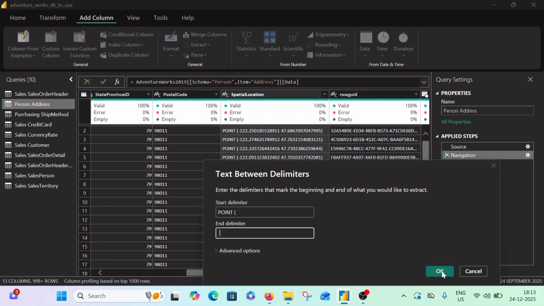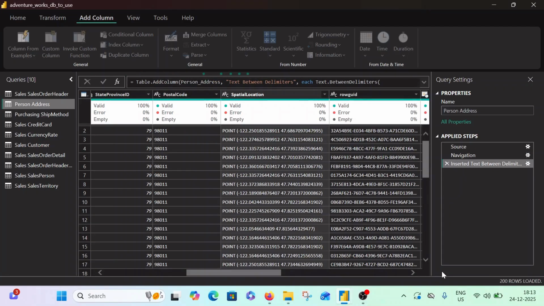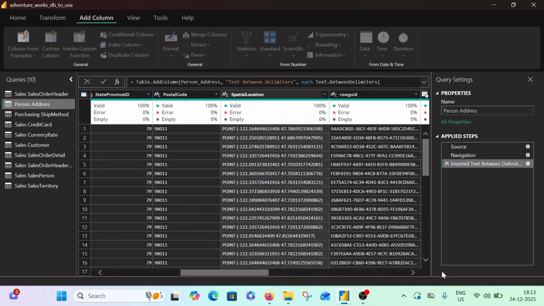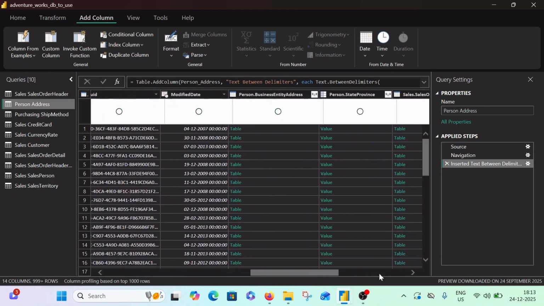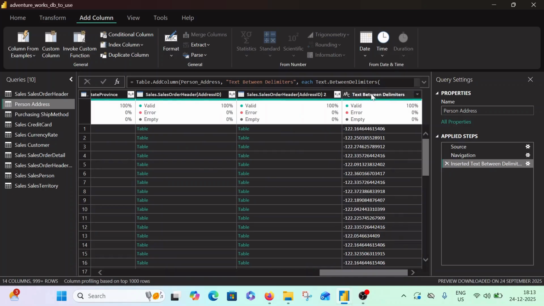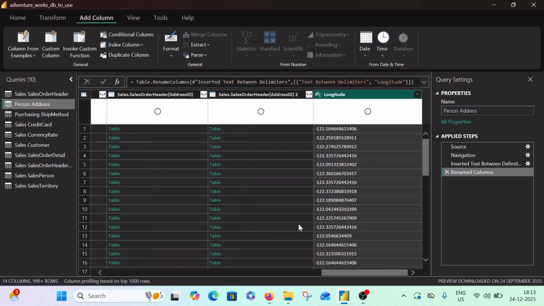So let's extract the longitude first. I have given the starting delimiter as "point, space, open brackets" and the end delimiter as a space. Now let's see if it has identified. It has 100% identified. Now this is our longitude. Let's rename this as longitude.